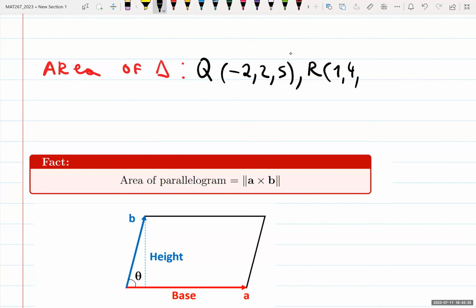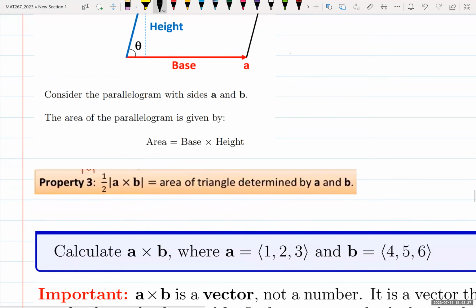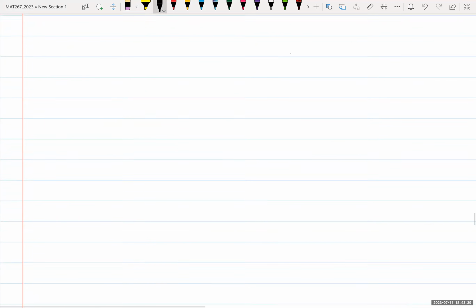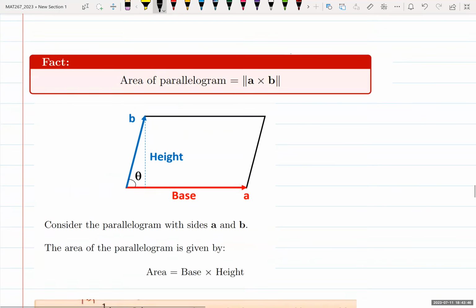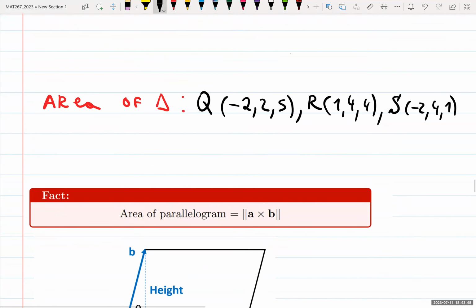R is 1, 4, 4. S is -2, 4, 1. Find the area of the triangle, and they give you 3 points. Or find the area of the parallelogram, like over here. Then they give you 1 more point. The area of the triangle will be,